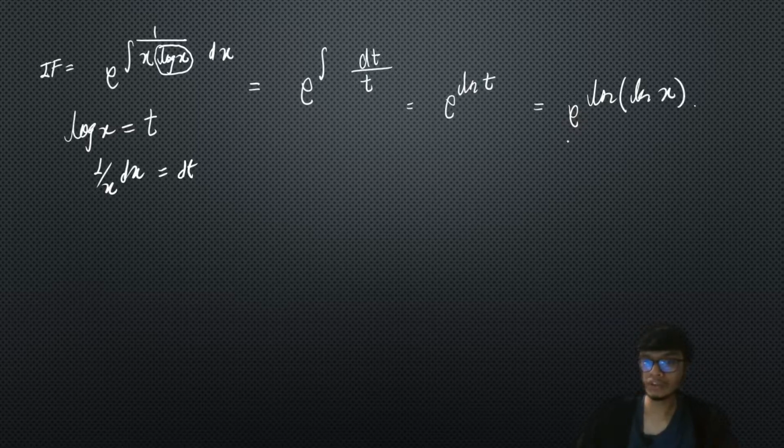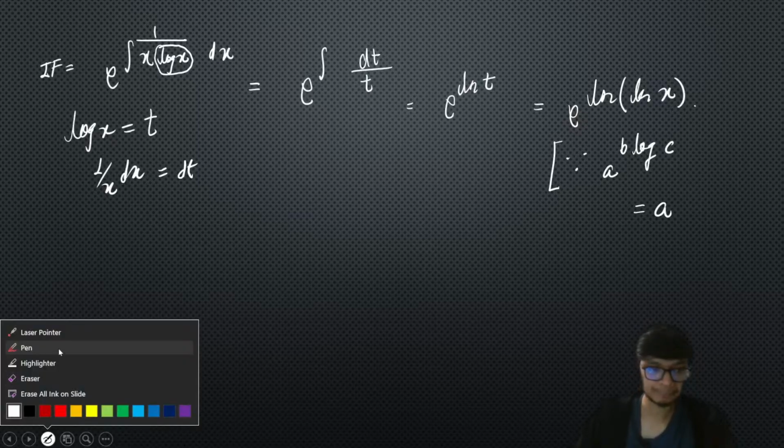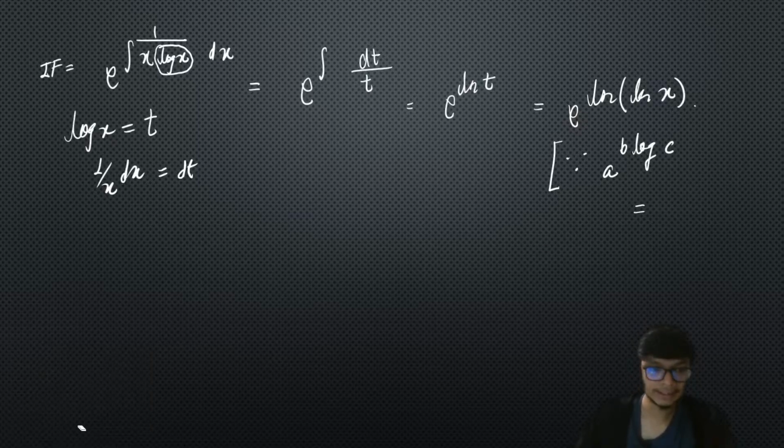Now if I use the base changing property, that is a raised to the power b times log c is equal to c raised to the power b natural log of a, right? Even if we have the base the same, that actually matters. We have to have the base the same, right? So this particular property is called the base changing property. If we apply the base changing property over here, we are going to get the integrating factor as natural